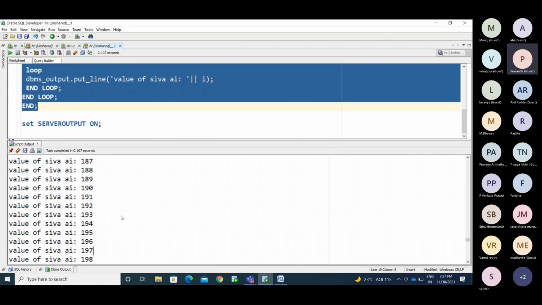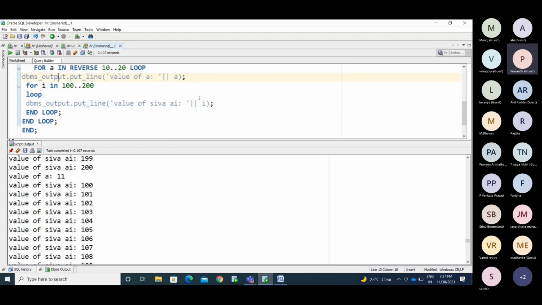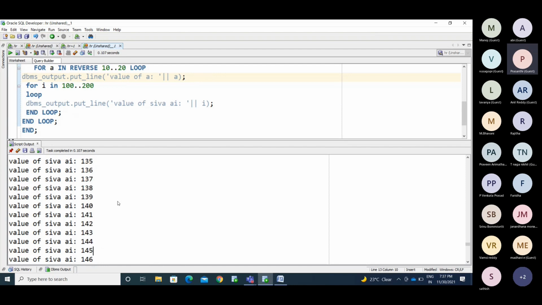See here, the value of A is 11. Now from 100 to 200, it prints 100 to 200. It is repeating. In the first iteration the value is 11, which is the current value. Now check the value here. The inner loop returns 200 values.